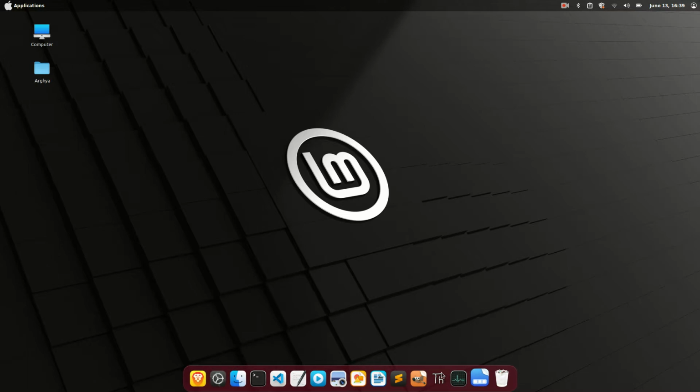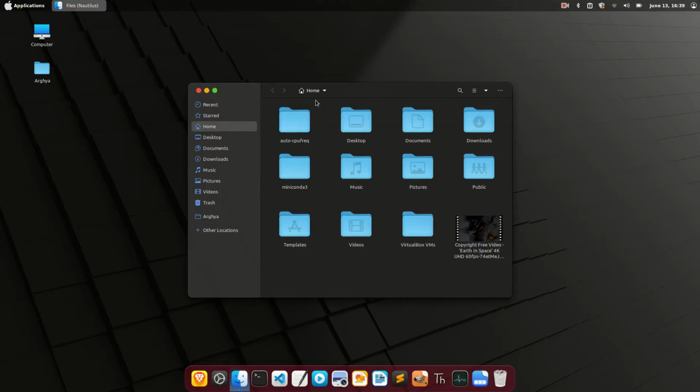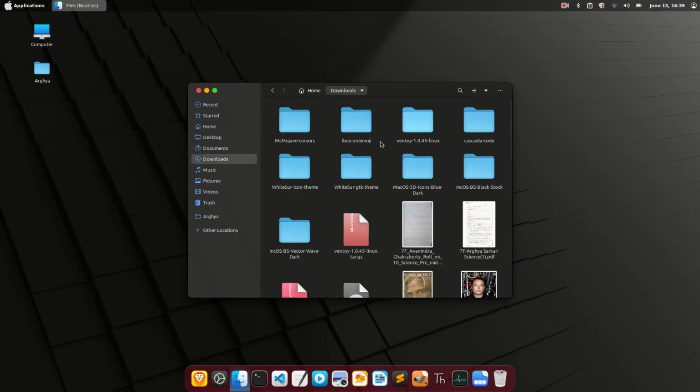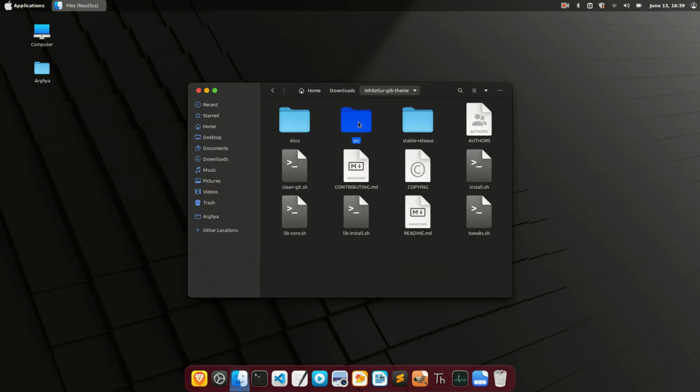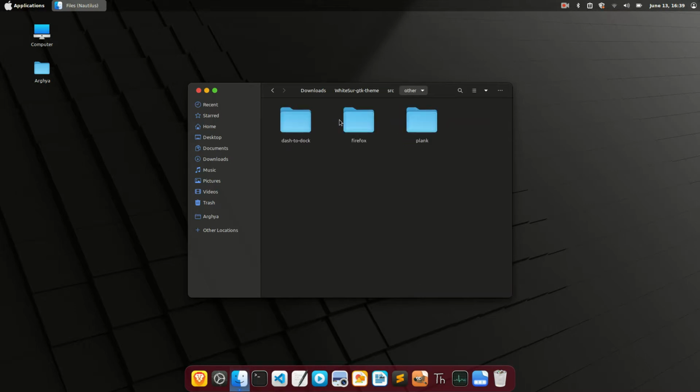Now this needs a good theme, so that's why I open my files, which is Nautilus. I will tell you how to change from Nemo to Nautilus. First of all, let's go to downloads. Then we have the WhiteSur GTK theme folder which we installed. Now src, other, plank. Now just copy these things, these two, and just